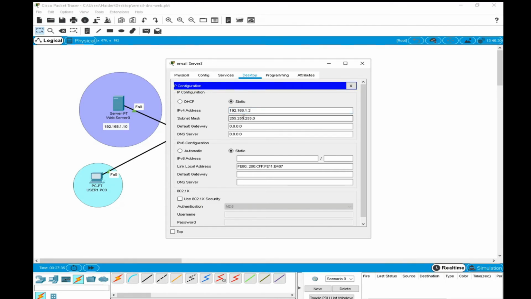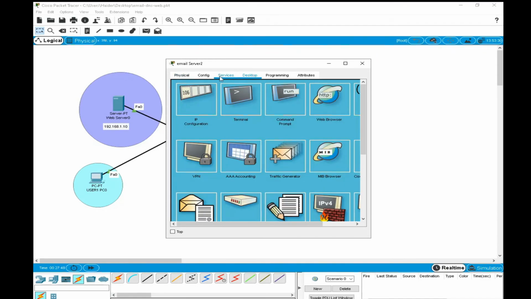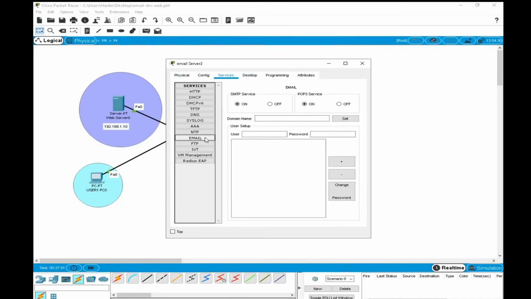The IP is 192.168.1.2, and DNS is 1.10. This is my DNS. We have configured this. Now go to the services, come to the email.